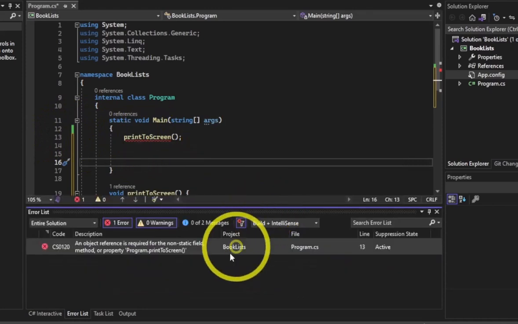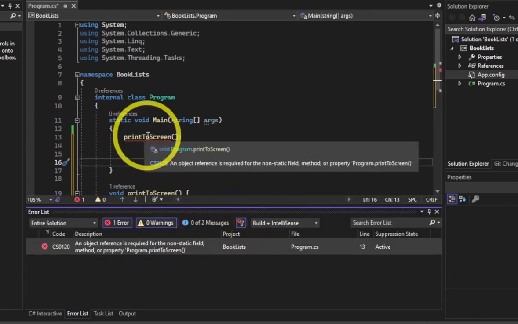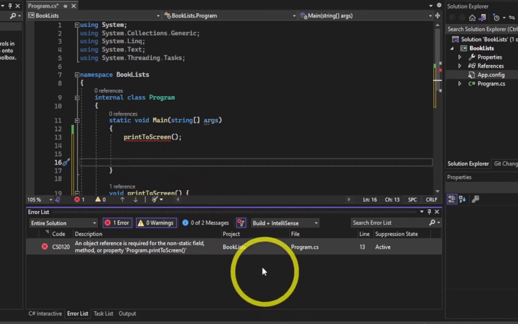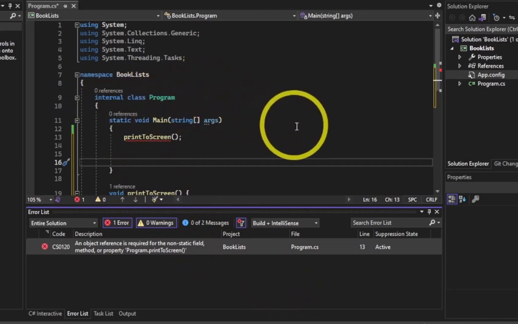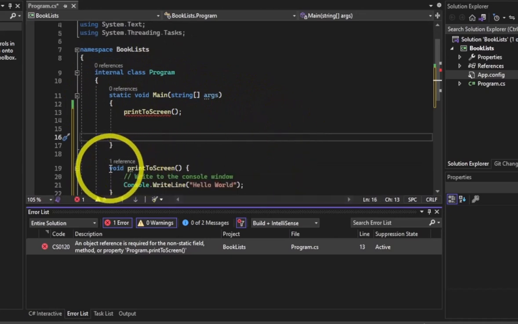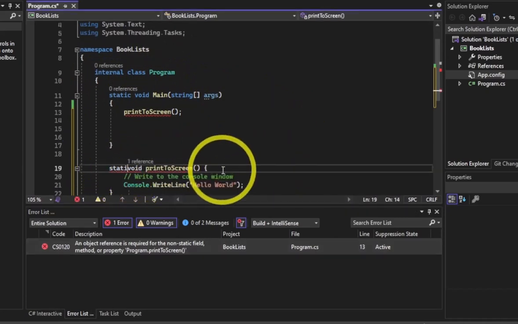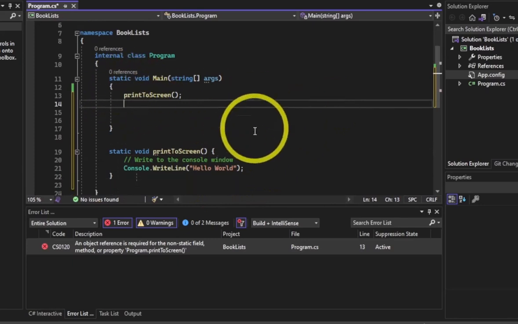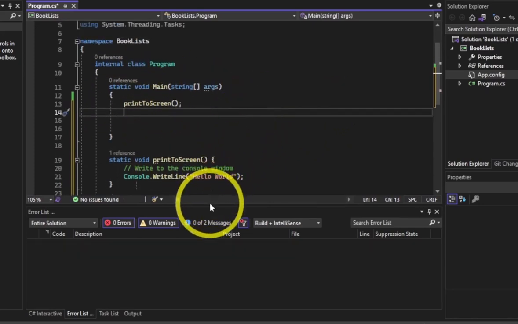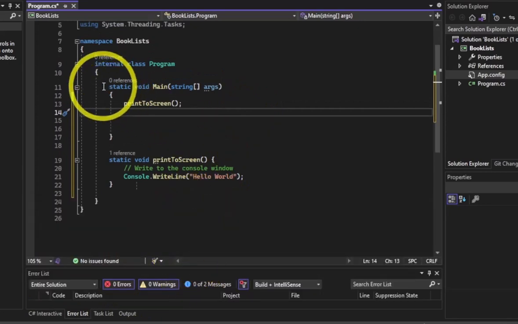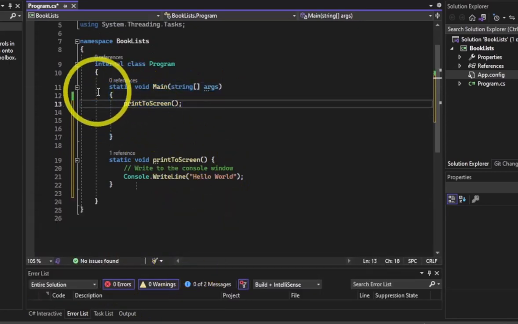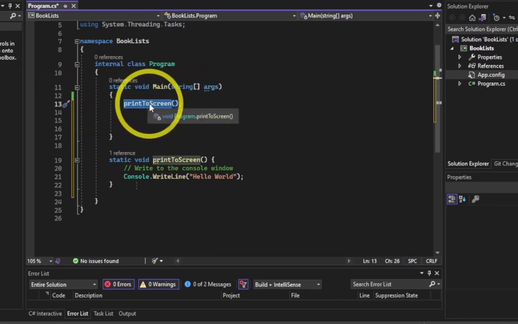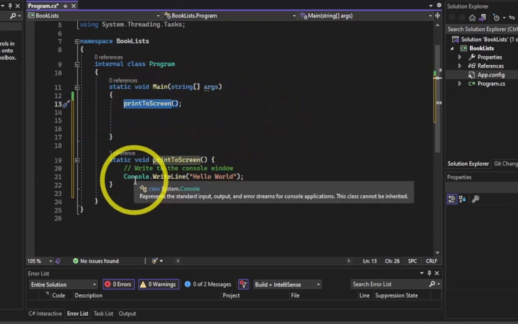And basically what this error is saying is that you're trying to use a function that's not static, but trying to use that function in a static program or a static class. So all I need to do is add the static here. And now that program will work. So now what's going to happen here, that error leaves. And when I run this, this main program will start. It's going to look at my function name, and the program is going to jump all the way down here,